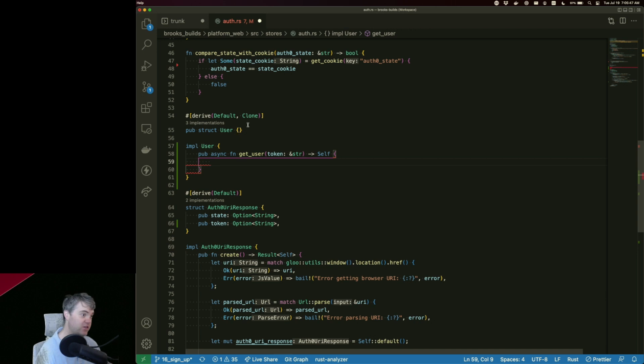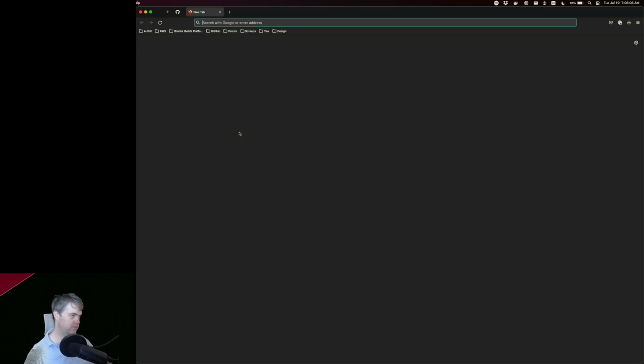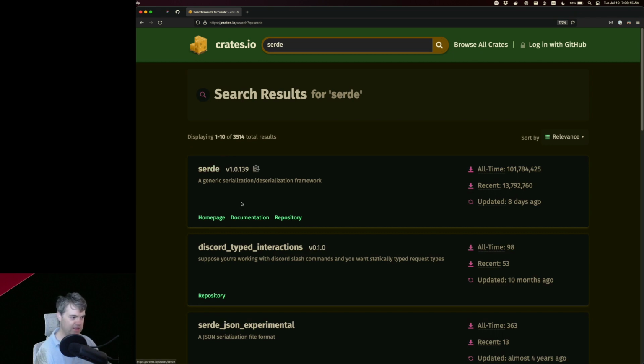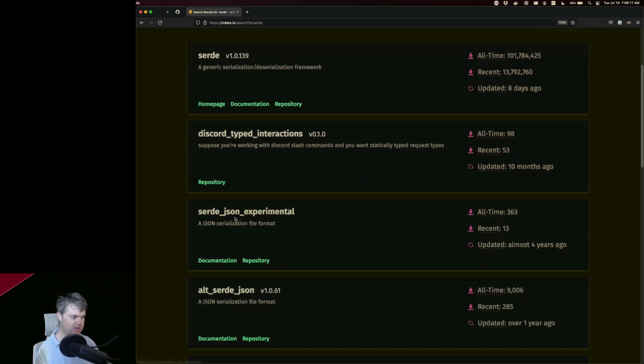I am fairly certain we're going to have to bring in Serde and Serde JSON. Definitely, because we're going to have to move it into that. Okay, that makes a lot of sense. So we want Serde, and then is it Serde underscore JSON?